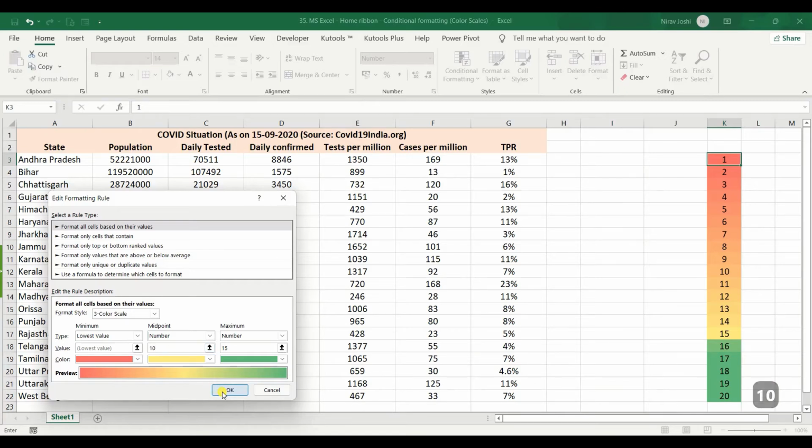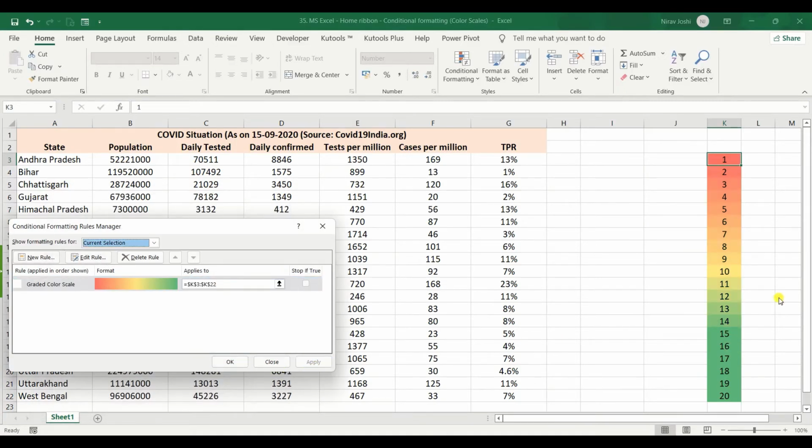So now what would happen if we apply this here? You can see midpoint, that is 10, has been given a yellow color, 15 has been given the green color, and all the values above that 15 have been given a green color. The gradient is between 1 to 15, right? So this would help us to understand or interpret this data. So that is one of the settings that needs to be taken care of.